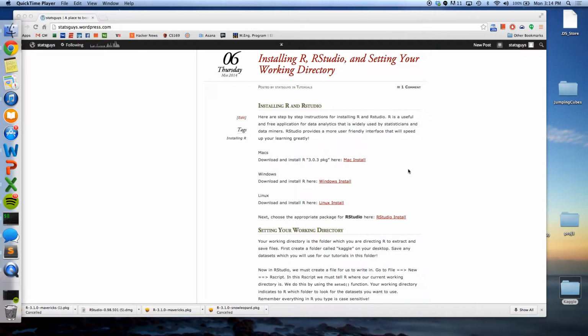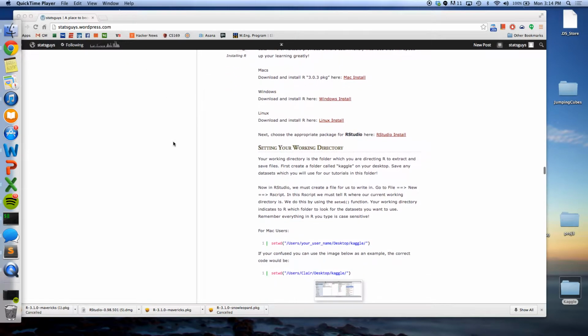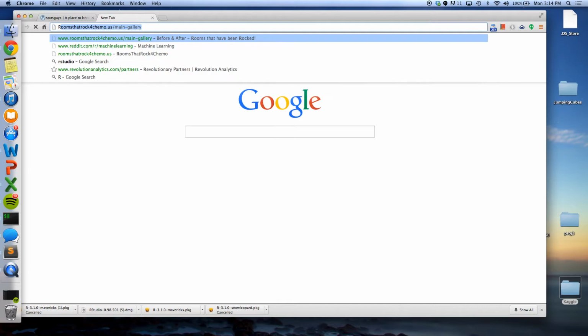So this is based off of a blog post we have, which you can see at statsguys.wordpress.com, and it's all written instructions here. So the first thing we're going to do is install R,